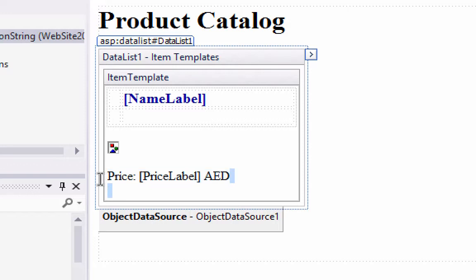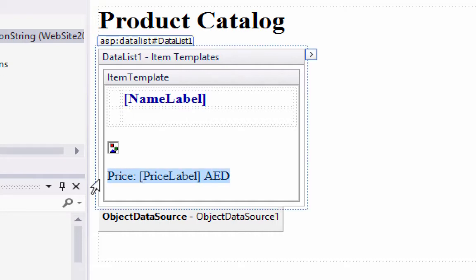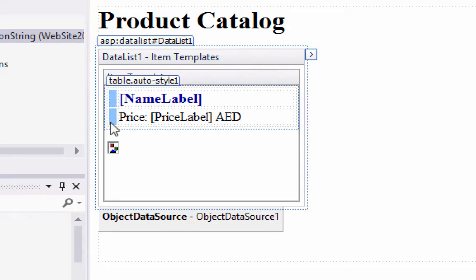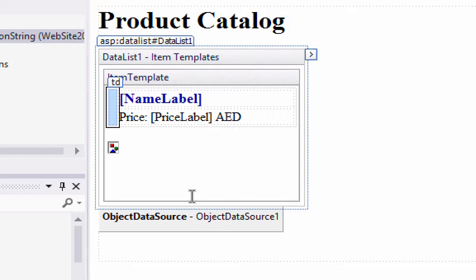The price will be below this, and in your first column I'm going to merge them. Select both, right click, modify, merge cells. So this will merge these two as one column,